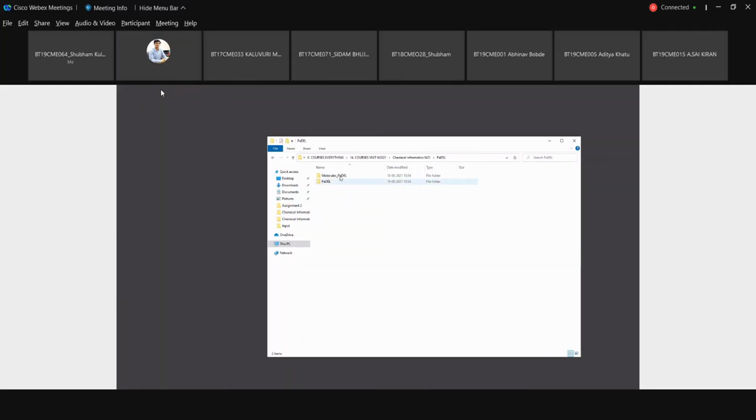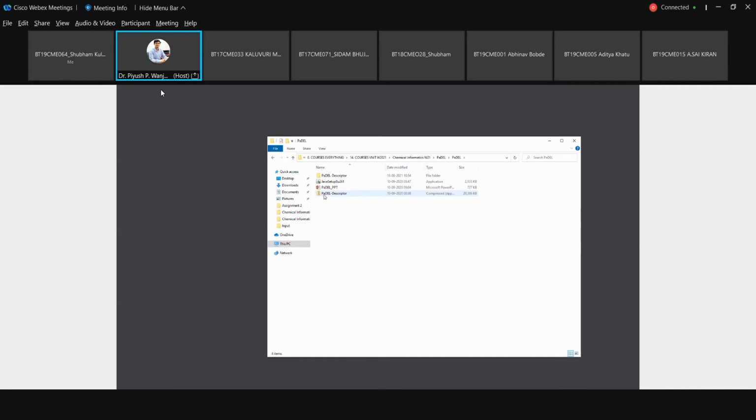Okay, I hope this is visible. The Paddle software which I had installed, inside this, I have already extracted. Suppose you don't have that software, the WinZip icon, on your computer,